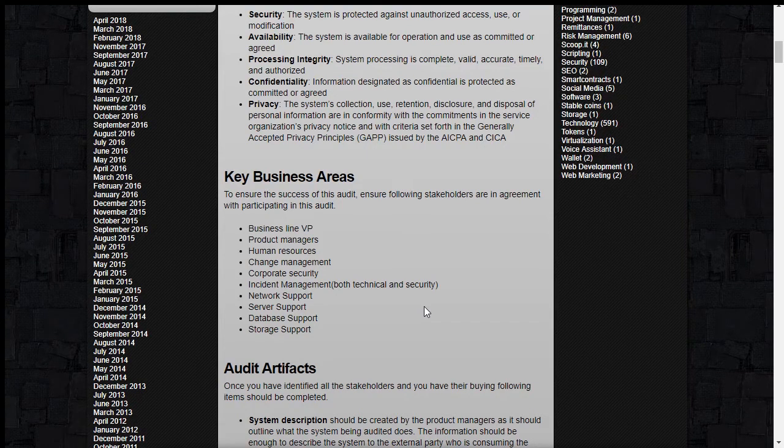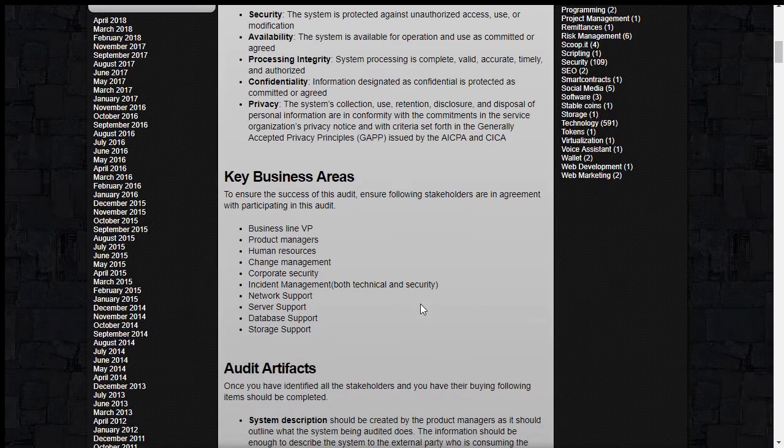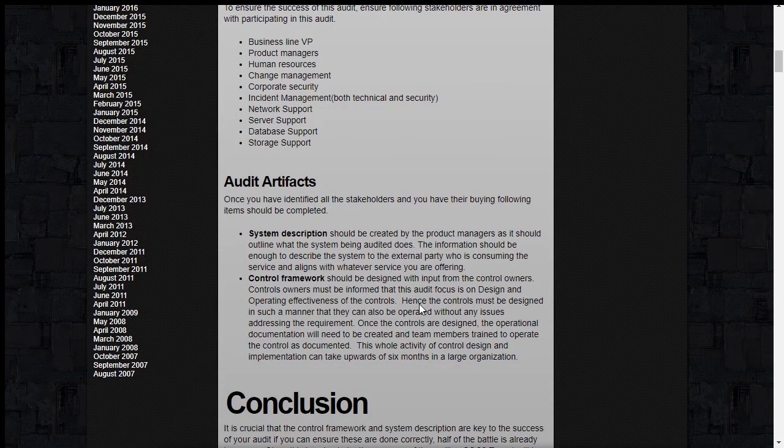So once you've identified that indeed your team is going to be conducting this audit, and you've identified the trust services criteria to proceed with, and you have all the business people and the different teams on board, then you start gluing everything together, and there are two key things that need to happen. One is the system description. This is something that goes into the audit report, and if it's ready beforehand, it makes it very easy, because when the auditor firm comes in,